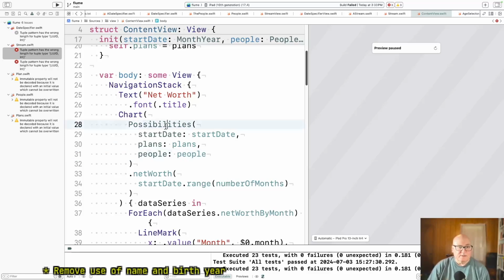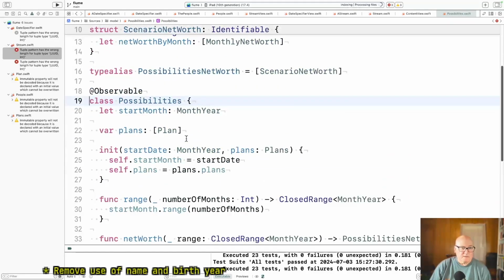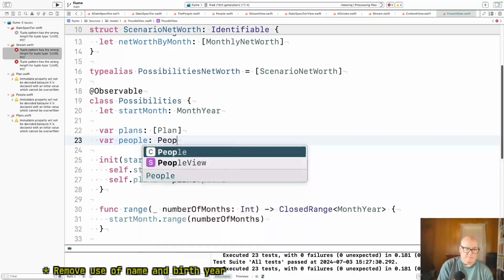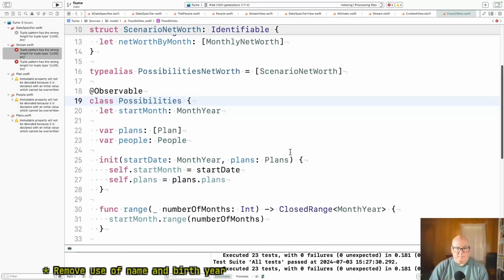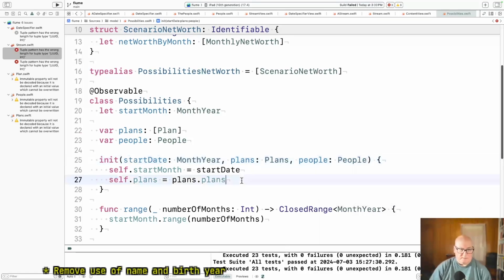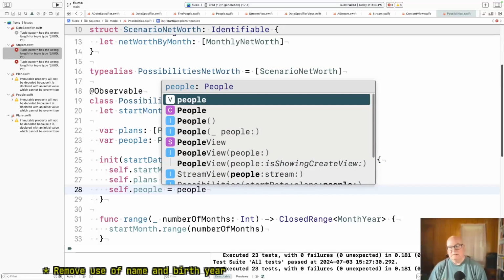Okay, so possibilities. Month end plan. Okay, self.people equals people.